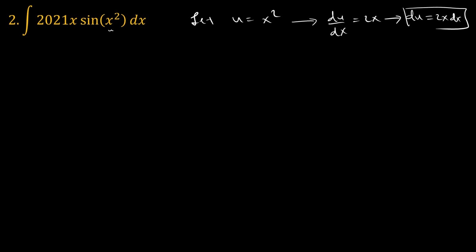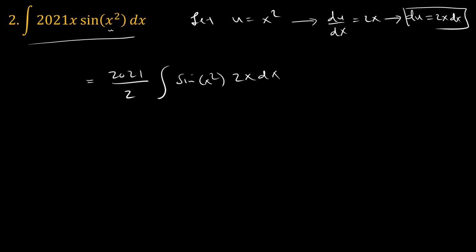So we can rewrite our problem here as 2021 over 2 sine of x squared 2x dx,